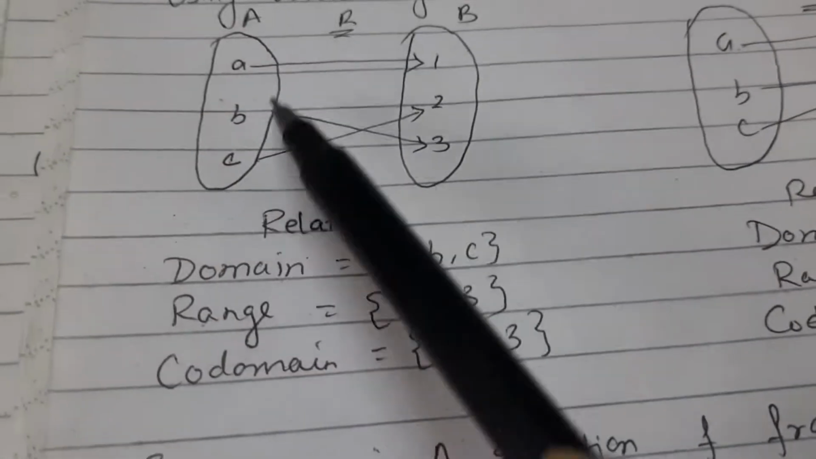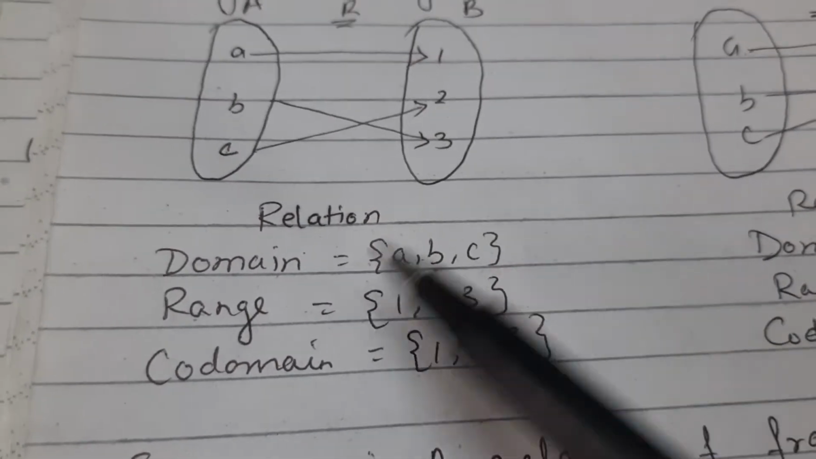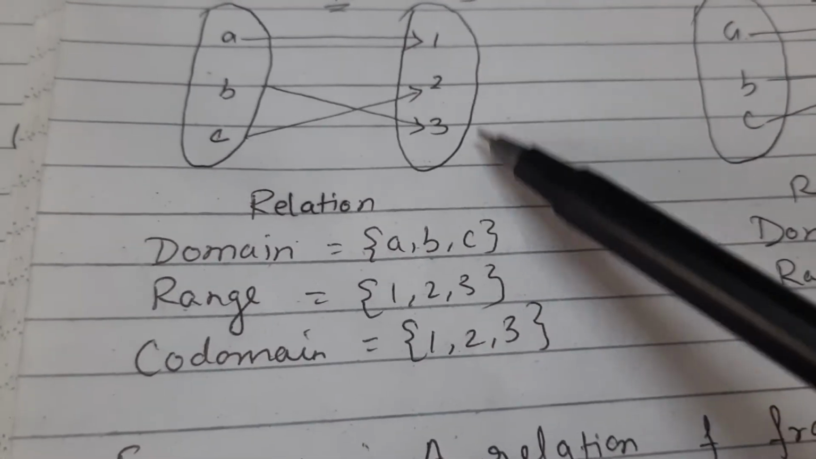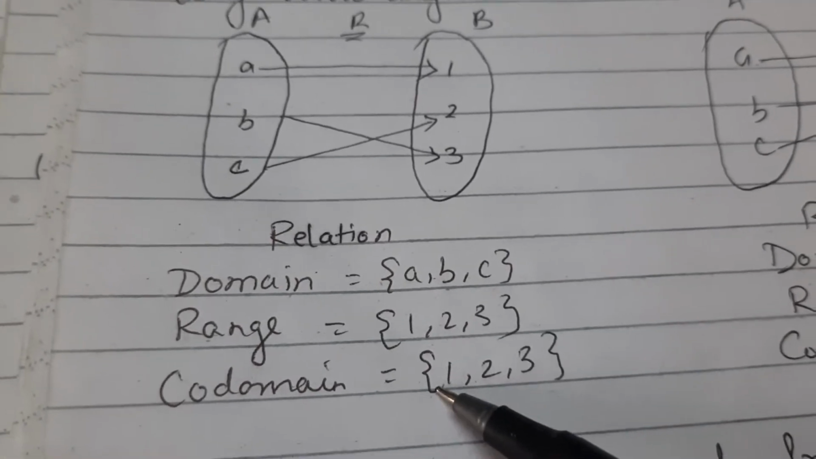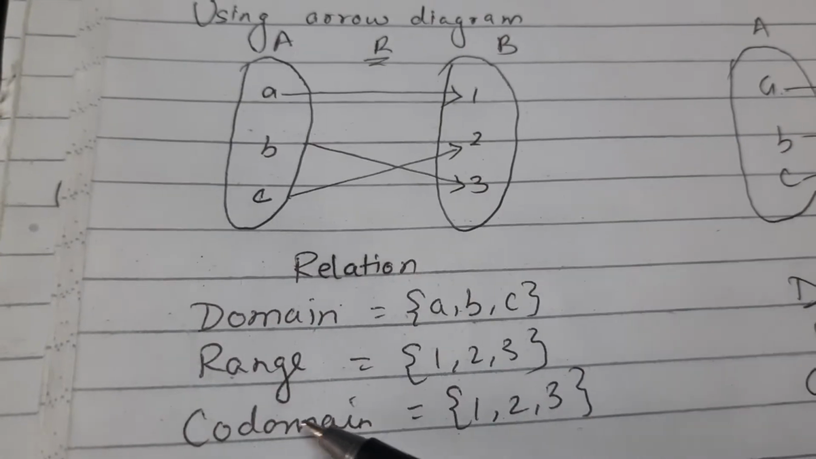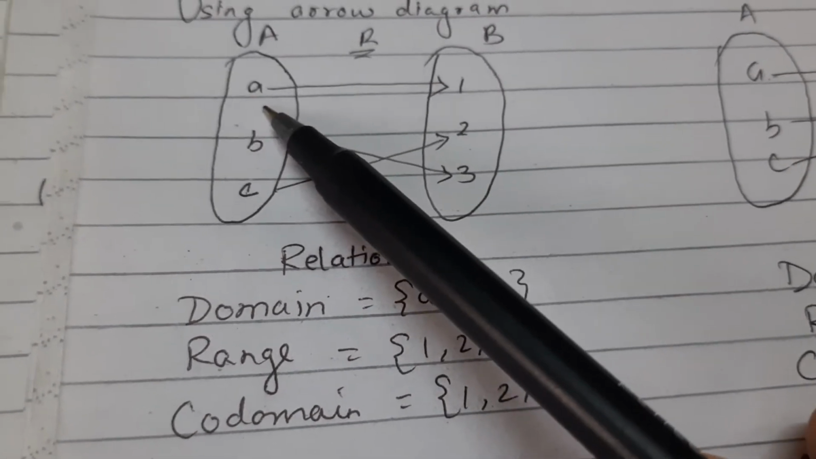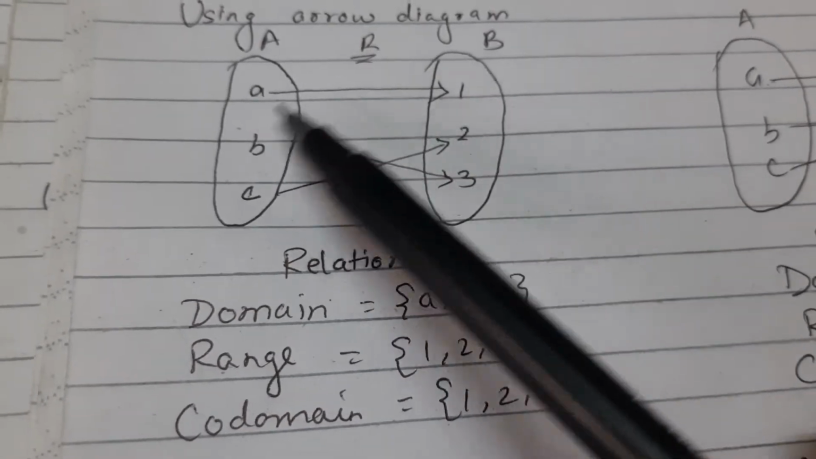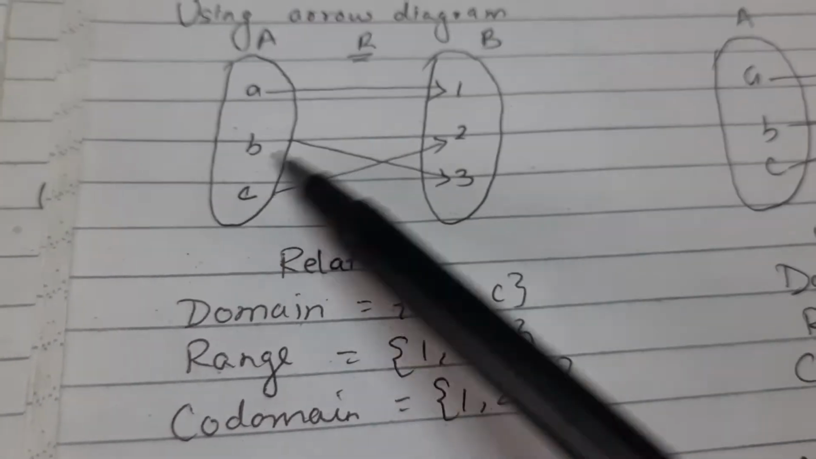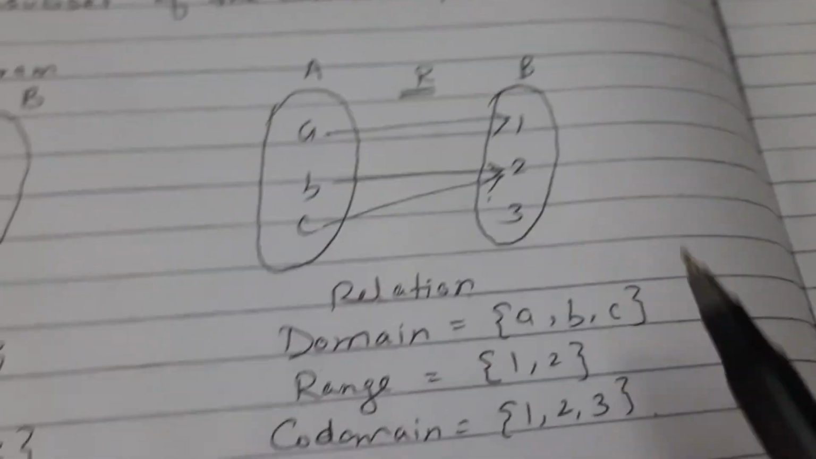The domain is {a, b, c}, the range is {1, 2, 3} and the codomain is also {1, 2, 3} here. What is the difference between range and codomain? Codomain consists of all the elements of set B, but range will consist of only those elements which are associated with some element of A. So here all the elements are associated with the elements of A, so range and codomain are equal. Just see in this case,